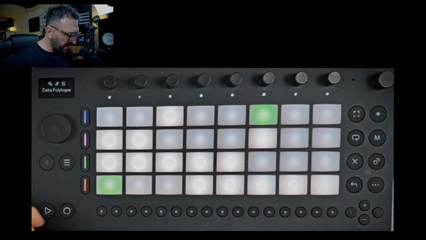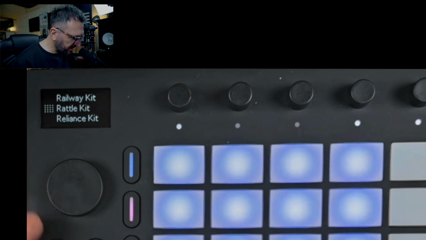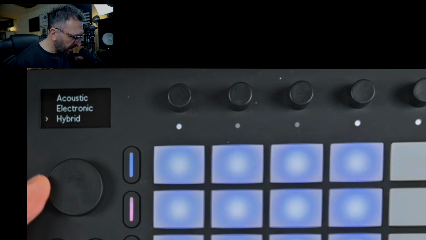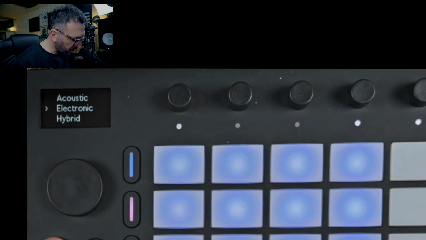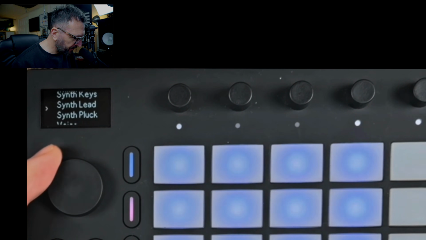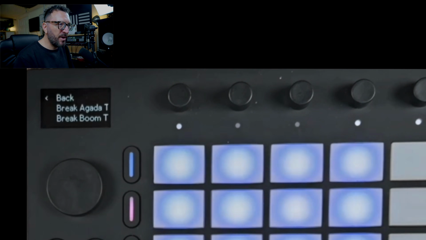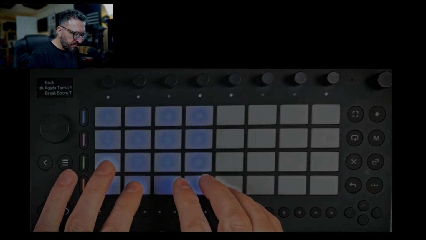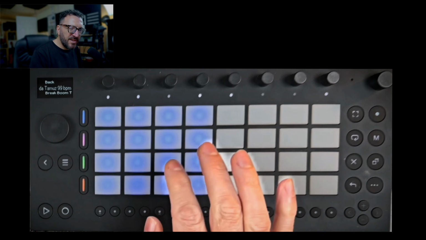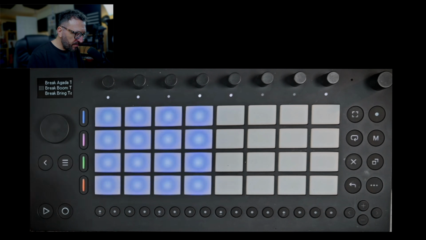So from an instrument here, I'll go to a drum rack. It turns it into a drum rack anyway. But if I just select here, and I'll come out of this menu, then you've got all the drums and stuff there. So I want to come out of that one as well. And it's right at the bottom of this list, and it is called Sliced Loops. As soon as you go into it, if you didn't have a drum rack already, it would turn it into one. And they are sliced loops at their original tempo, and most of them are